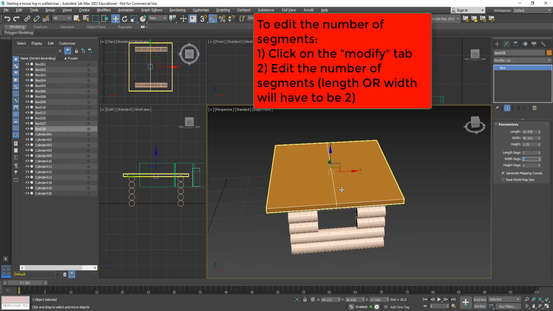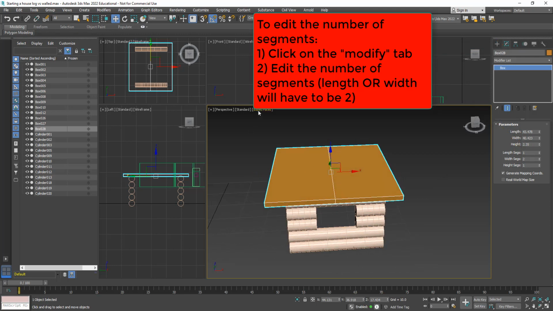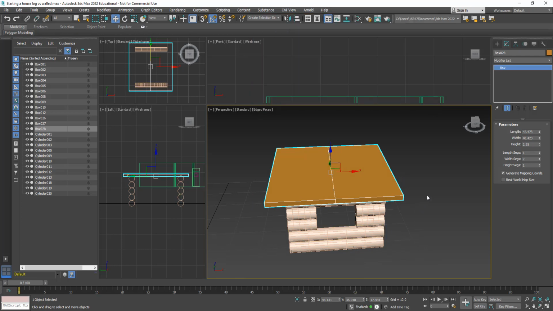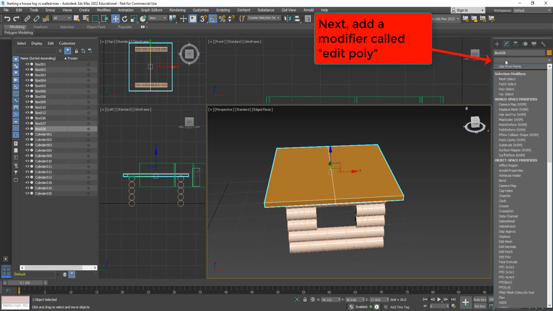So there we go. You can see I've got 2 segments, and if your edge faces were turned off, you wouldn't see this. So I've got 2 segments in this middle line here. Now the next step, once we've got that middle line that we can actually grab and pull up, is to add a modifier. So you go into the modifier list, add a modifier called Edit Poly, which is an incredibly popular one. So we go to Edit Poly,